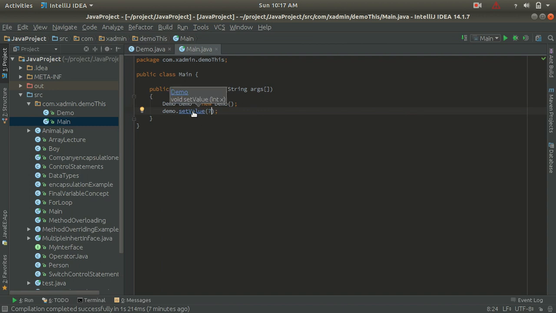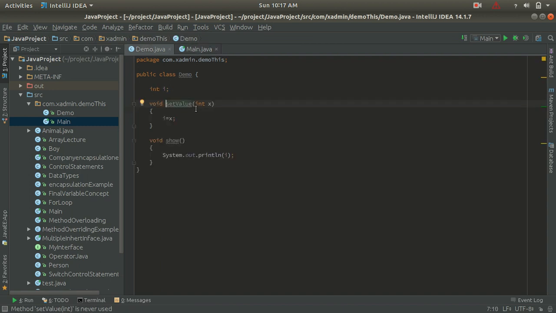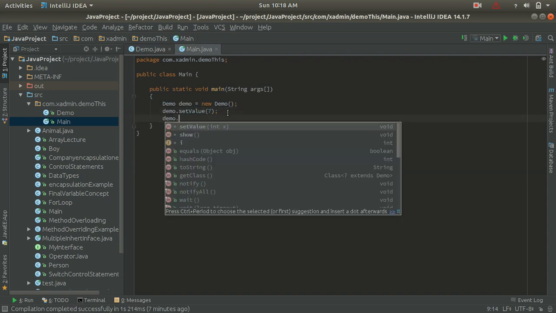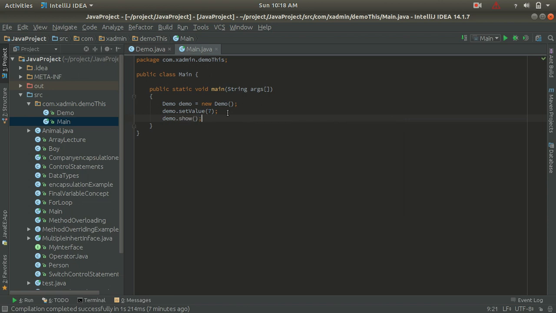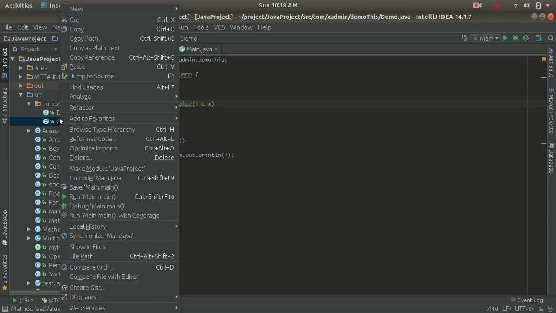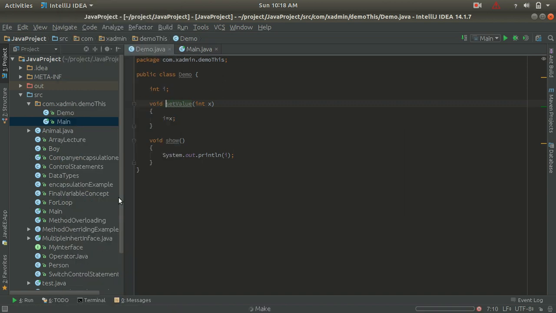So 7 is going to be stored in the x variable, and this x value 7 is going to be stored to our instance variable, that is i. So here i will become 7, right? Now let's call the show method to display the value of the instance variable. Let's compile this class and see the output.